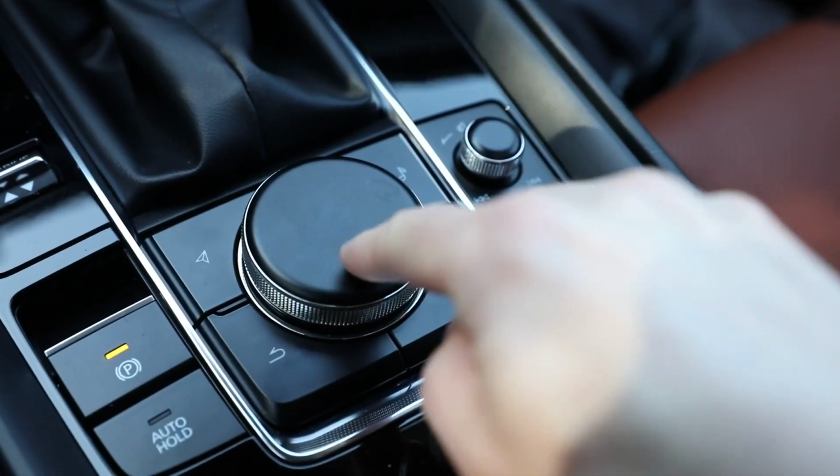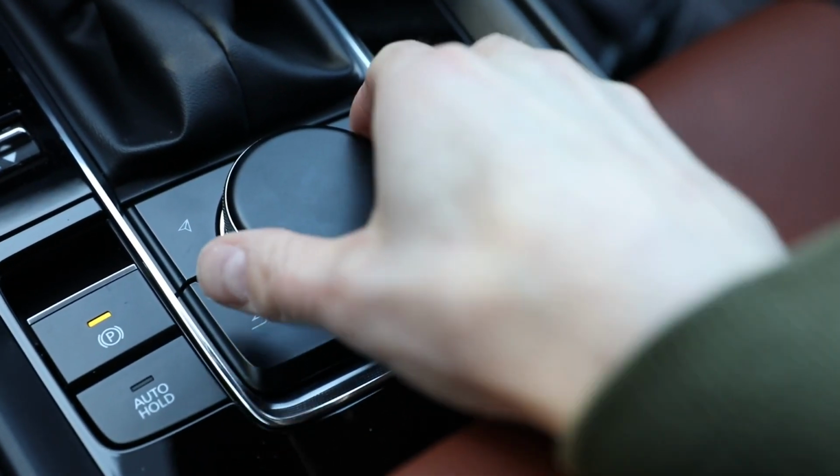If BMW has no issues with it, Mazda has no issues with it, and that means I have no issues with it. I have some issues with it. It's not as easy as the touchscreen. It's not as intuitive. However, it's better than touching the actual screen and getting smudges all over it, which drives me nuts. The pricing, by the way,